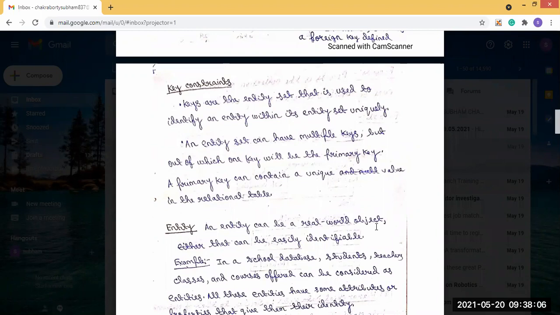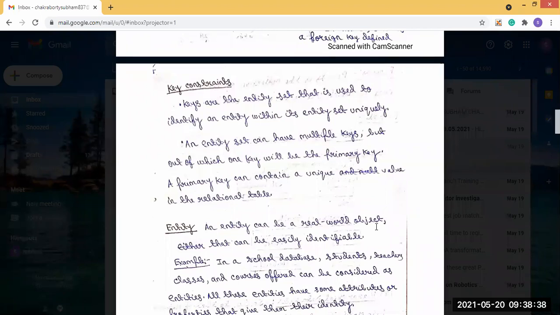The classes, such as first year class, second year class, third year class, will also be real world objects. In school there is a management also, so management can also be a real world object. So every possible real world object is known as an entity.